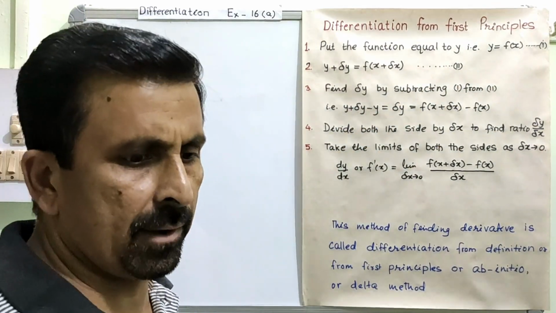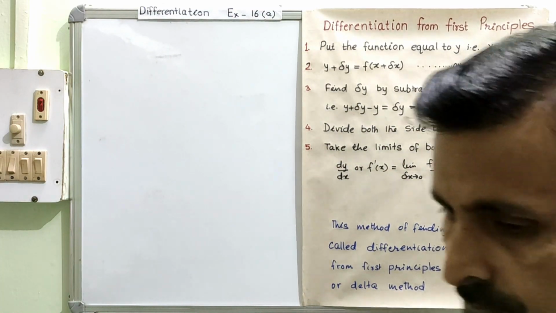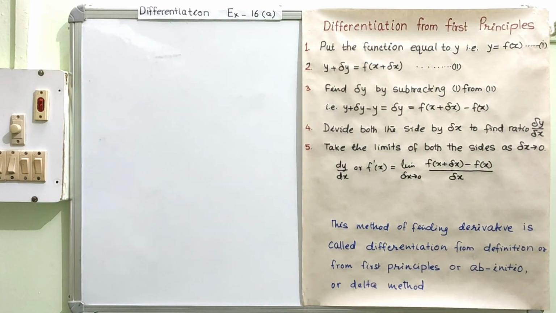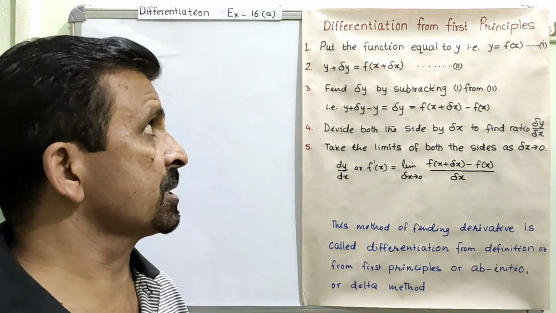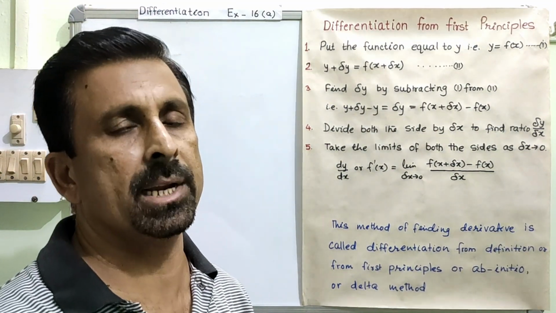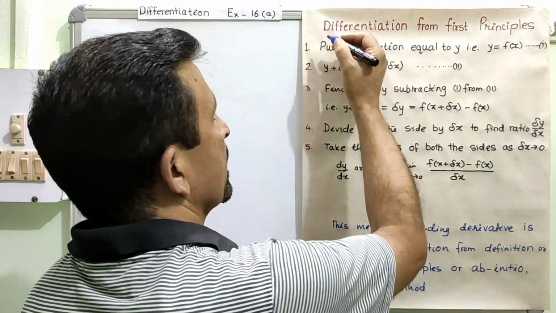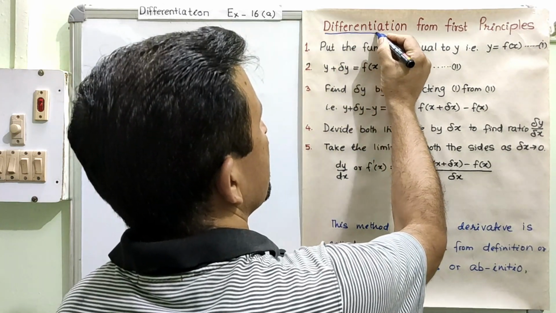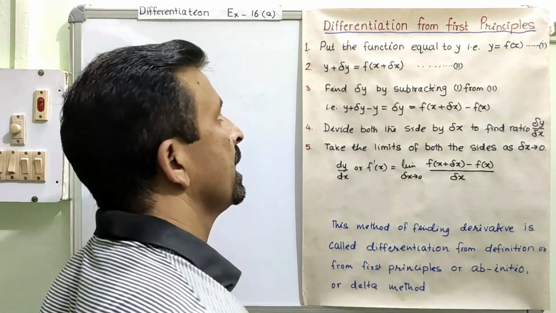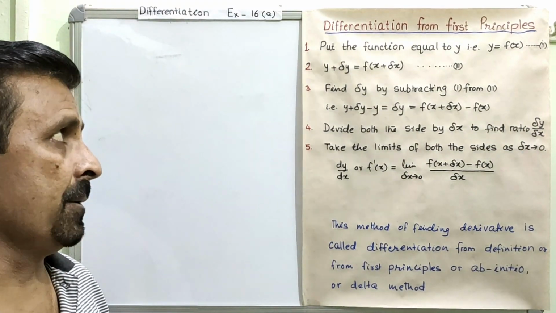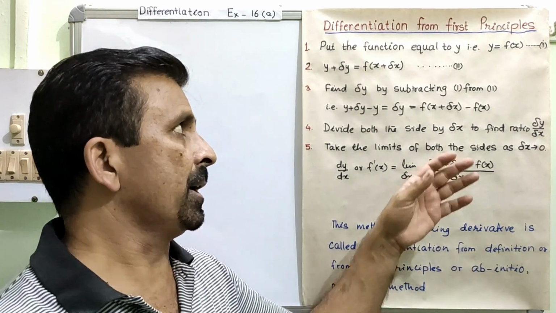the first principle. We have many methods of differentiation. We have multiple methods of differentiation. Is it okay? Now the first thing is we are going to begin with the first principle. How can we differentiate a given function by using the first principle? This is the name of the method by which we are going to begin the differentiation. So we are going to first of all learn differentiation from the first principle. By using the first principle, how can we differentiate a given function?